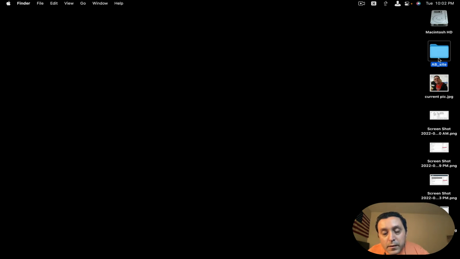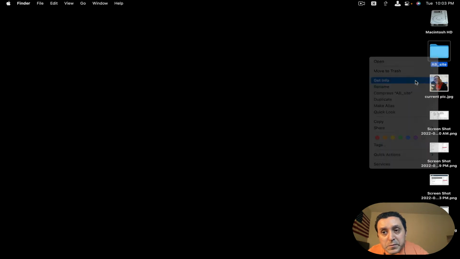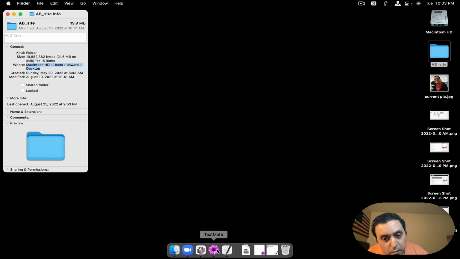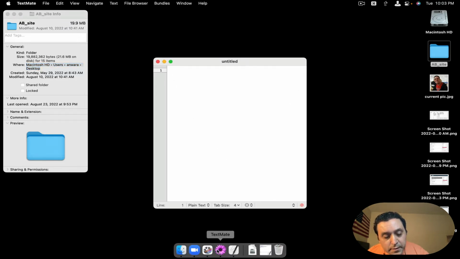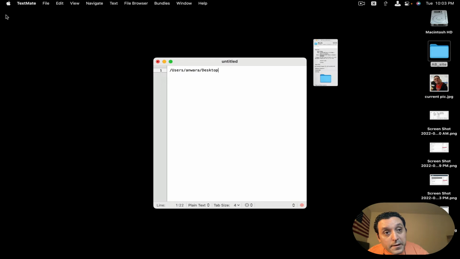Right click on a folder, go to Get Info, then you can copy the path right here. And if you copy this path into a notepad like so, and I just copy it from here and then go to something like TextMate, I can simply paste it,